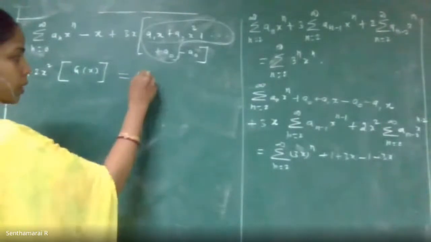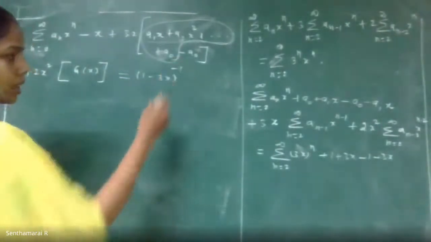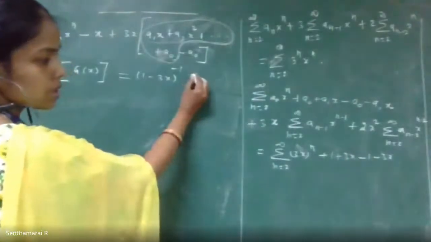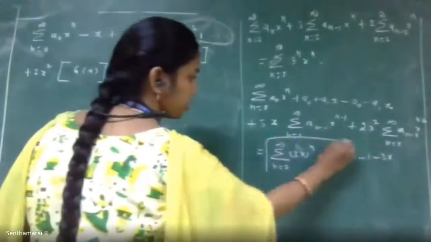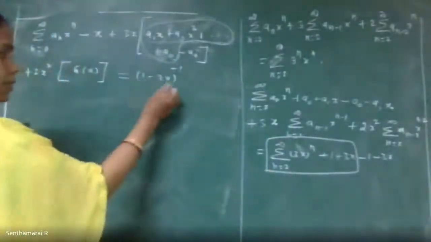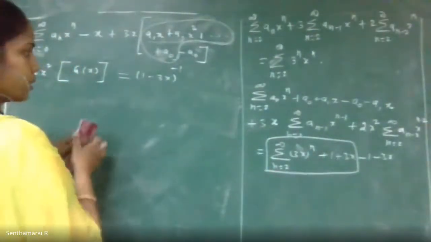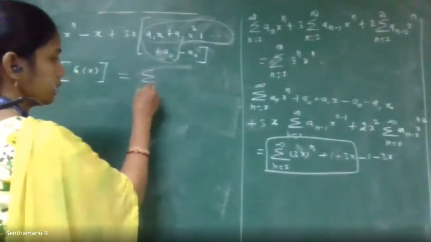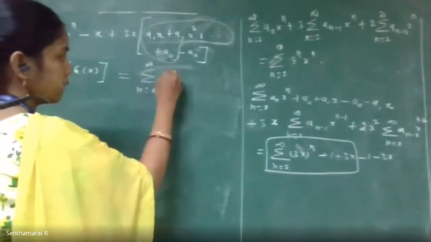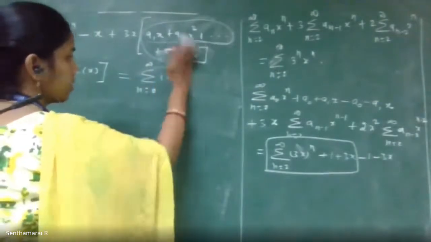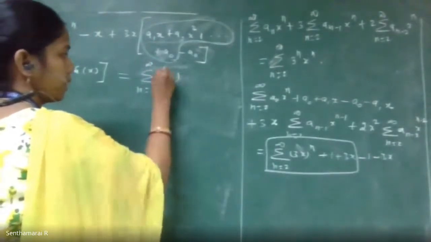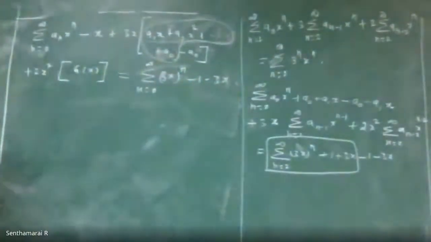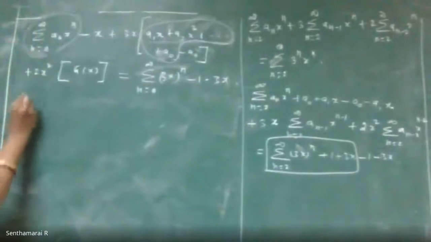This is nothing but the expansion of (1 minus 3x) whole power minus 1, plus, when I take up to the thing, then only this is the expansion of this thing. Okay, otherwise you write one more step. We can introduce this in the next step. Summation n equal to 0 to infinity (3x)^n, minus 1 minus 3x. Okay, now this is g of x.